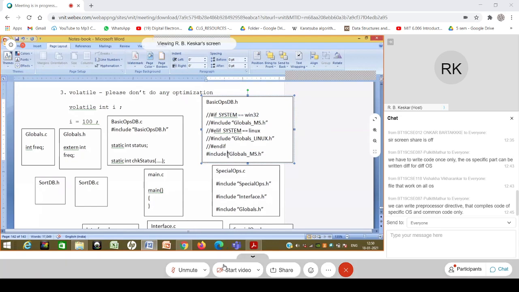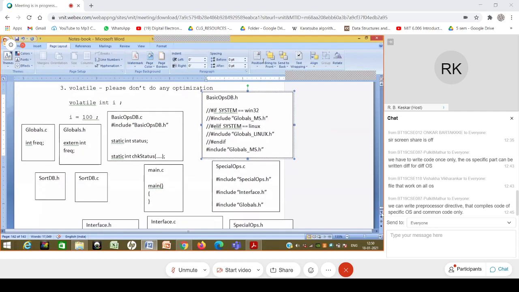And then after that, it is normal life. I know that I'm already on Windows, so I can include this globals_ms.h, and I have included it, and then normal compilation will take over. So here, based on the system, this was done. Okay, so this is basically conditional inclusion. And one more